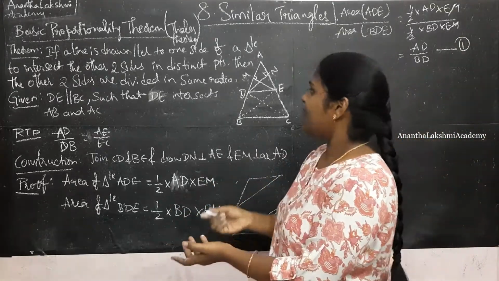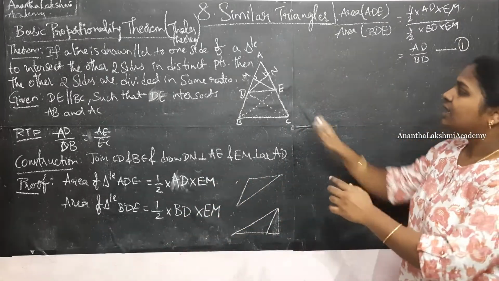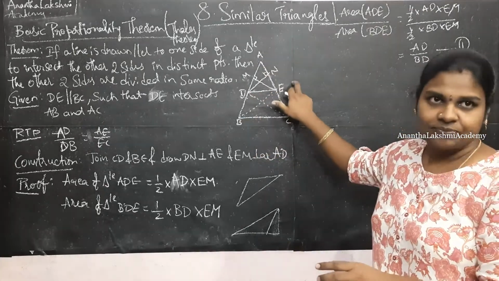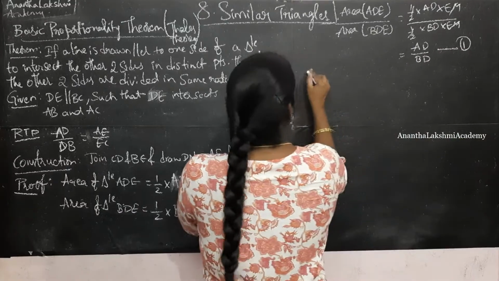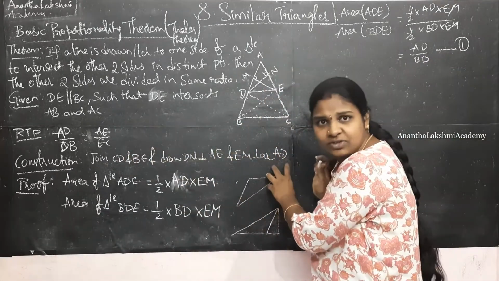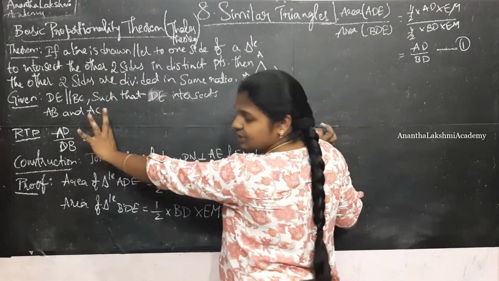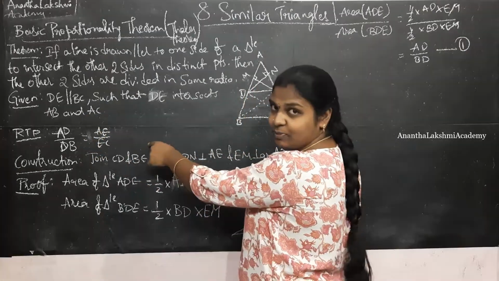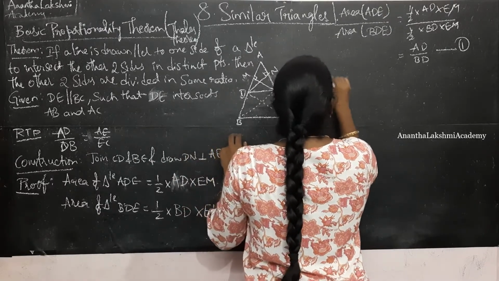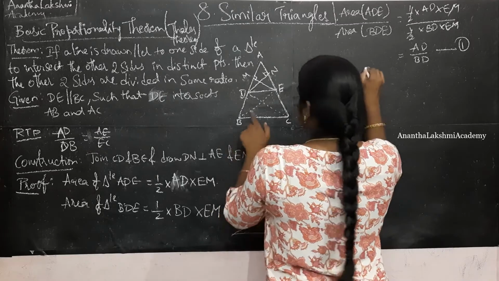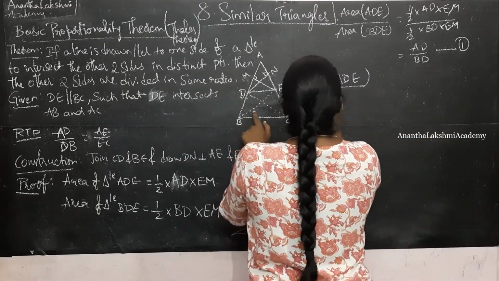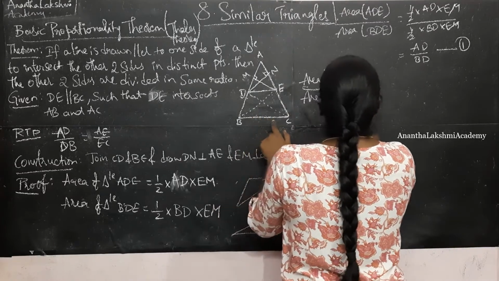Now similarly, I am going to calculate the first figure's ratio along with CDE. So here directly I am going to take the ratio. I told you, right, why am I going to consider this? That is because we need to get the ratios which need to be proved. Okay, so directly I am jumping to area of triangle ADE divided by CDE. I am going to consider area of triangle CDE.